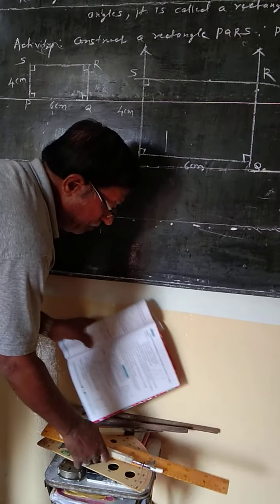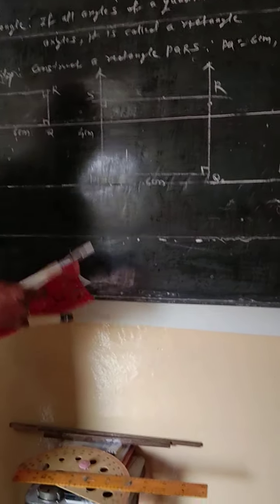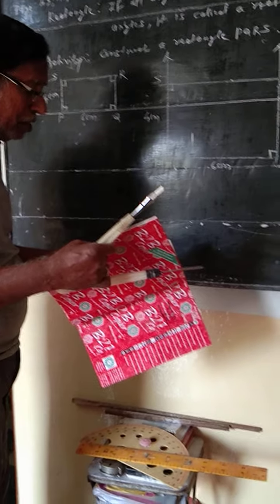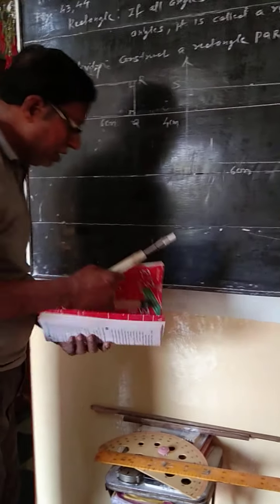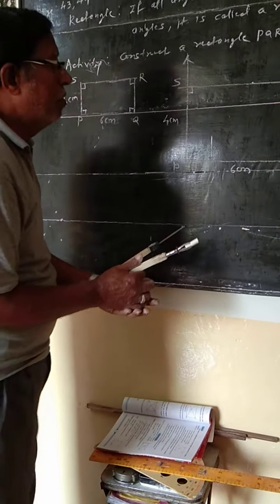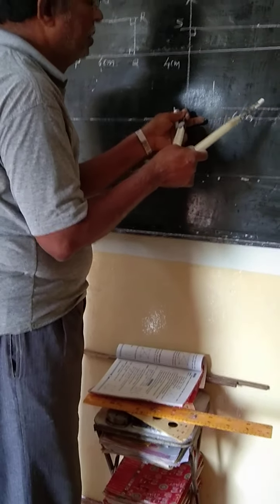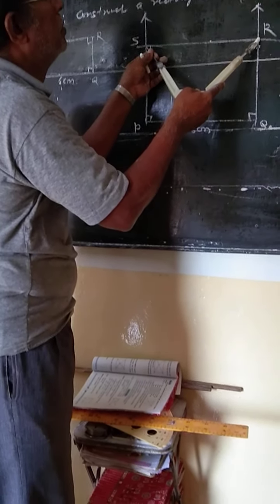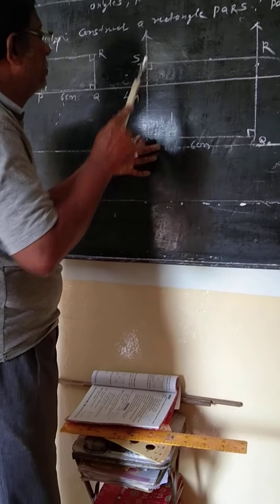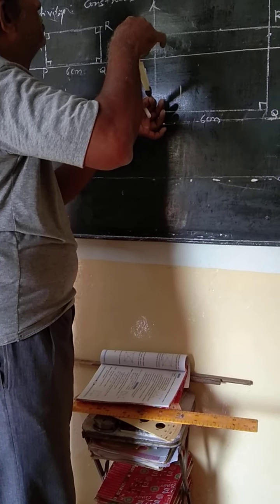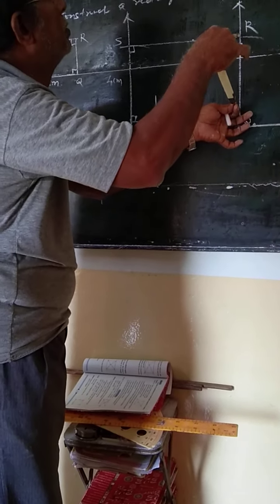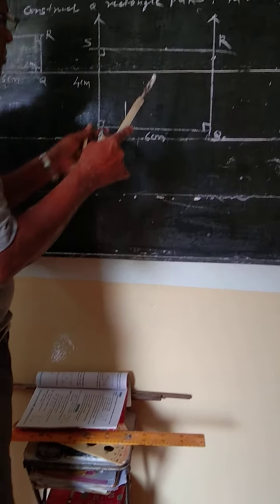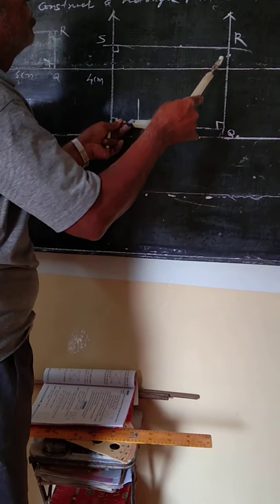See here, we can tally the properties of the quadrilateral. Opposite sides of a rectangle are congruent. Diagonals of a rectangle are congruent. Diagonals of a rectangle bisect each other. Opposite sides are congruent. When we draw the diagonals of this rectangle PQRS, PR and QS are the diagonals. See, the lengths of the diagonals are also congruent.